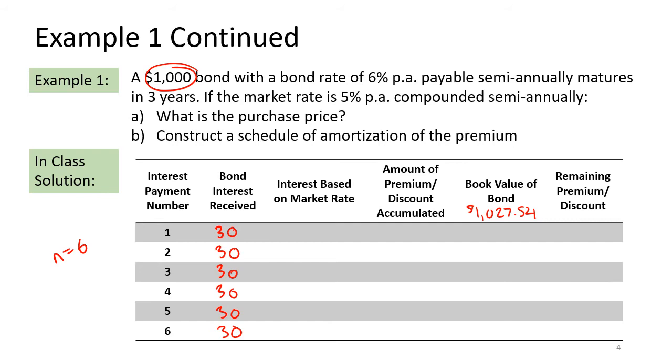The next column is the interest based on the market rate. So remember, our market rate was our periodic interest rate, which was 2.5% or 0.025, because that periodic interest rate accounted for the fact that it was semi-annual. So our interest is calculated on the book value of the bond. Remember, this book value was calculated using the market interest rate. That was how we calculated the purchase price back in our previous slide. So looking at the first payment number as an example, our interest would be 0.025 multiplied by our book value of the bond, so